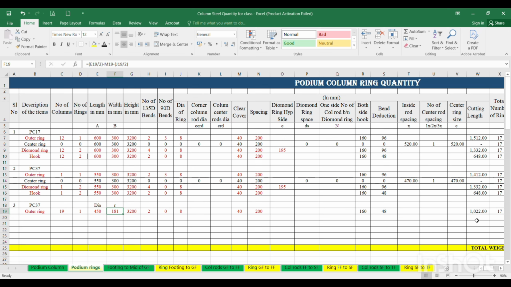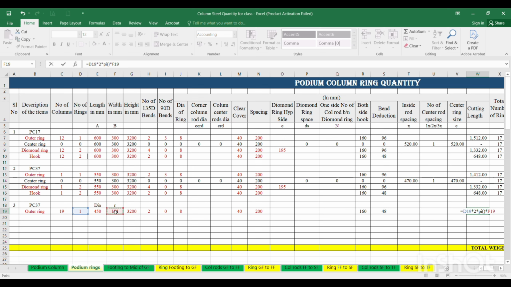Then everything is same. Then you have to put the cutting length formula. Cutting length formula is equal to number of rings multiplied by 2 pi r, 2 into pi. If you want the pi value, just put pi and one open bracket and one close bracket, then automatically the pi value will be taken, and multiplied by r. R is this radius, and